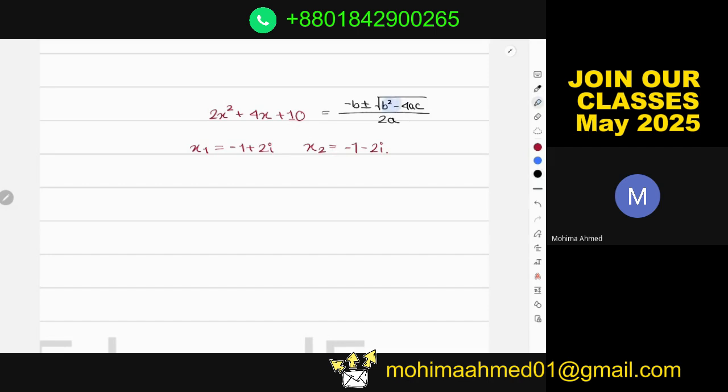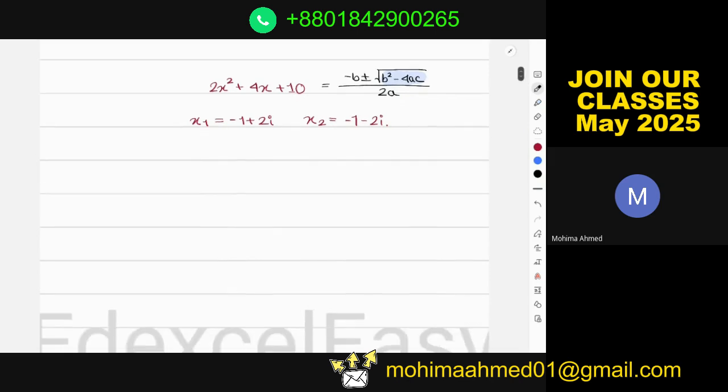Whenever the entire portion b square minus 4ac turns out to be negative, there we do not get any solution. There we get an i. So the first thing to understand in this case is that whenever you get a negative number under a square root,